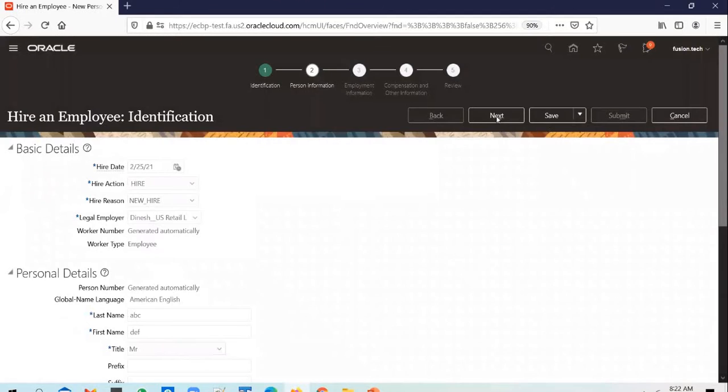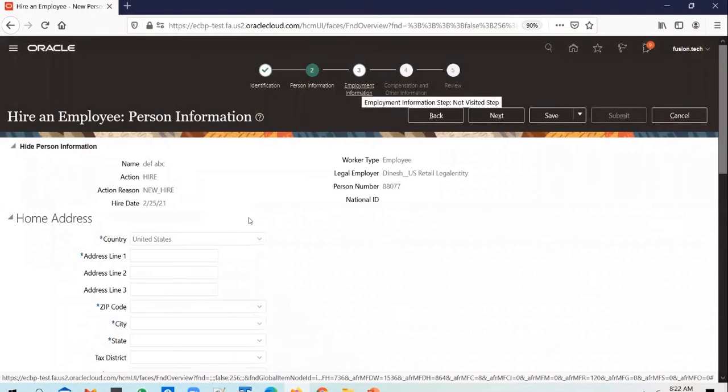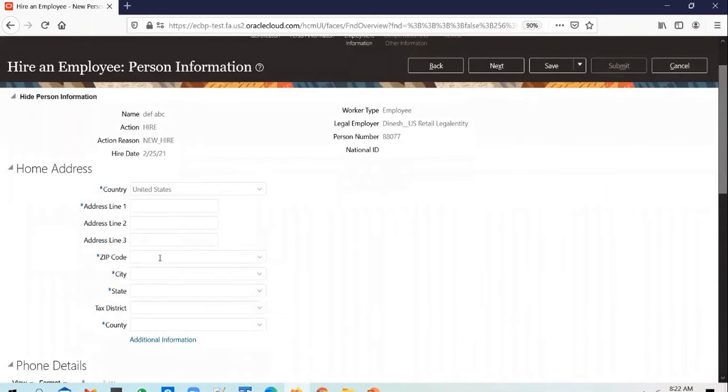And you just fill in only the mandatory information, and I need to fill in the address as well and go till the employment information tab, because the flex field will show up in this tab. So in the person information tab, this is where you save the employee address. You type in a zip code, type in 60606, and it will default the address. And you can add in a default address line there. And then go to the next screen.